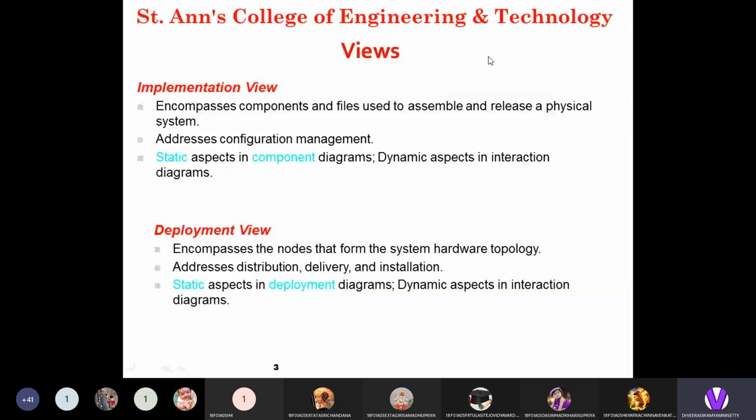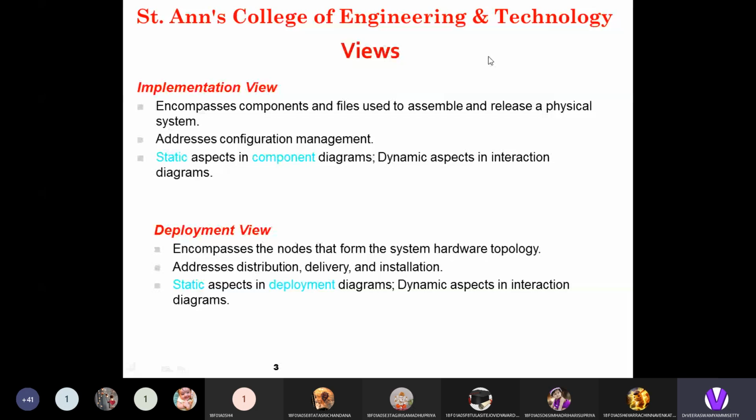And next one, deployment view. Deployment view focuses on what kind of system hardware topology can be implemented in the particular nodes. A node is nothing but a physical element that has some computational capability with memory.